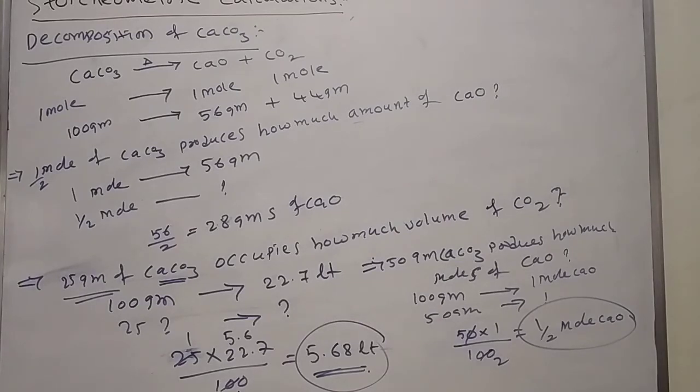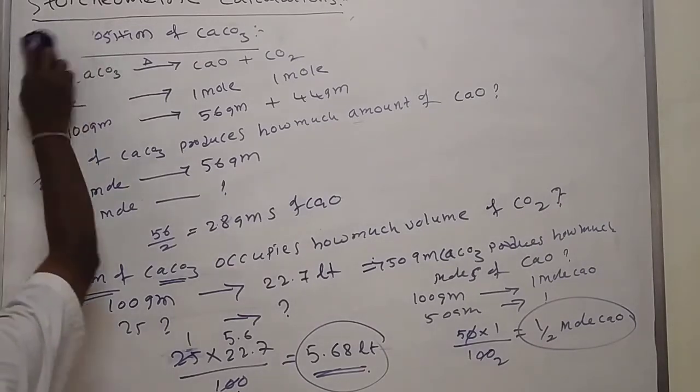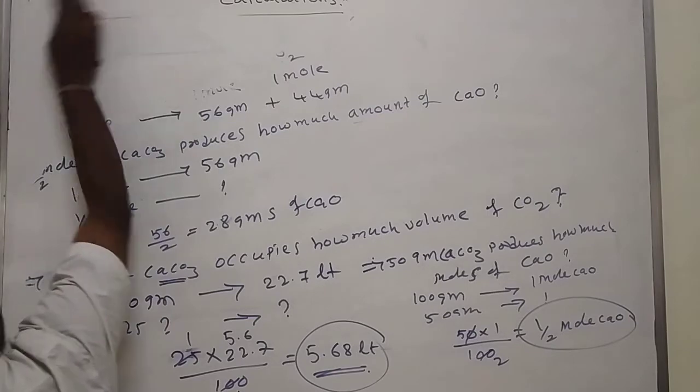First, during the combustion reaction, you definitely write the balanced chemical equation. First write unbalanced, then balanced, then ratio. We'll see 1 mole, 2 mole, 1 mole, 1 mole, grams and liters. After that only, we'll move into other topics. Then in continuation, we'll see one more important topic, limiting reagent.